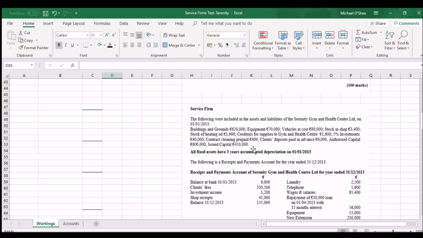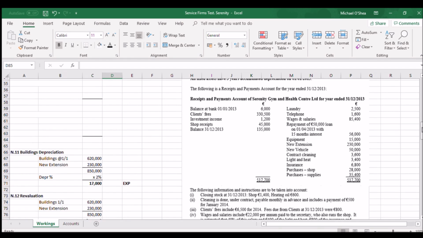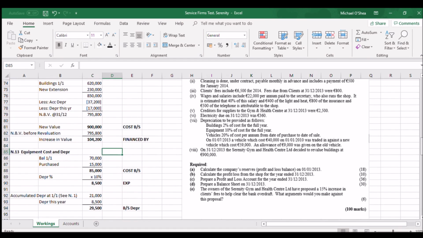The 3 years accumulated depreciation before 2013, because that was a reduction in value for the equipment for having it for the previous 3 years. It has to be included. We've also done depreciation for this year,